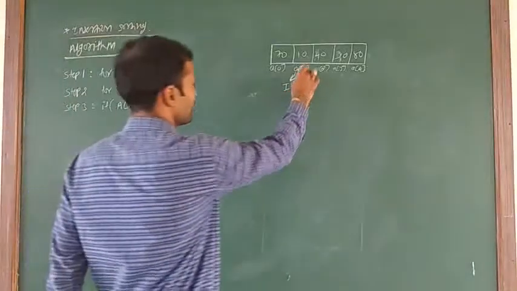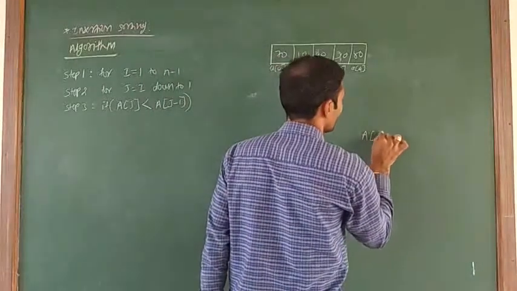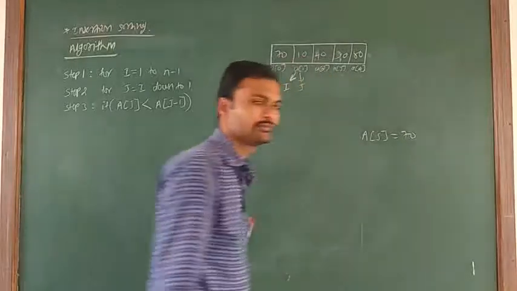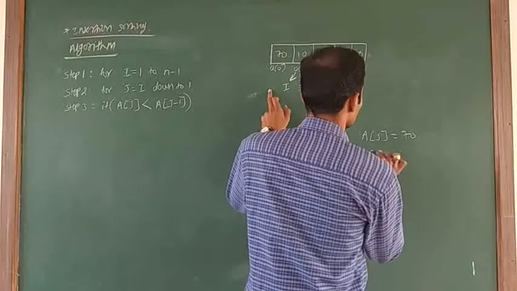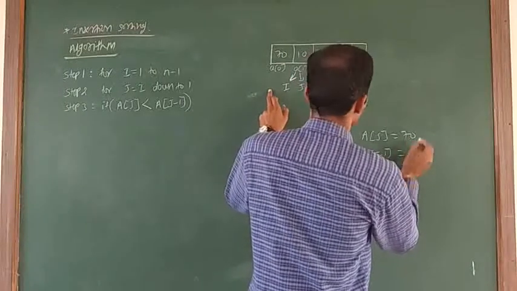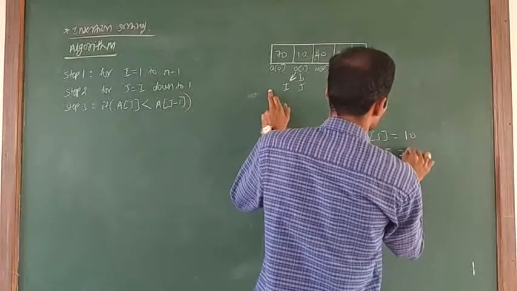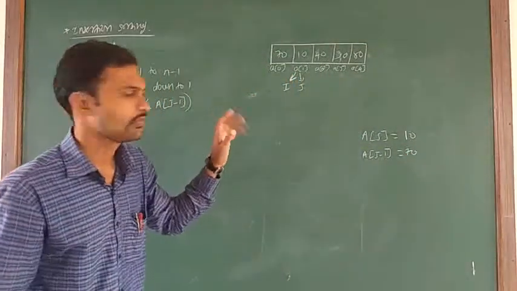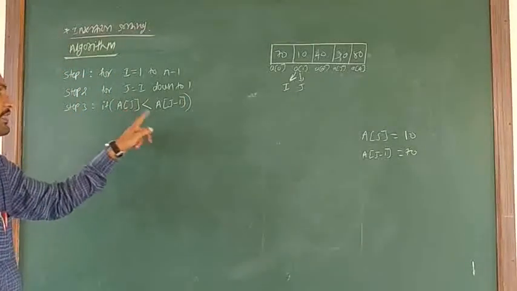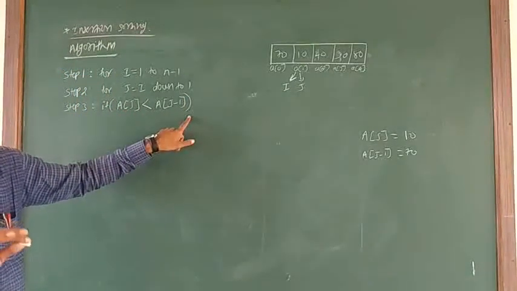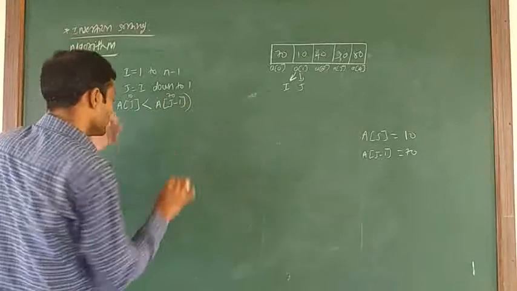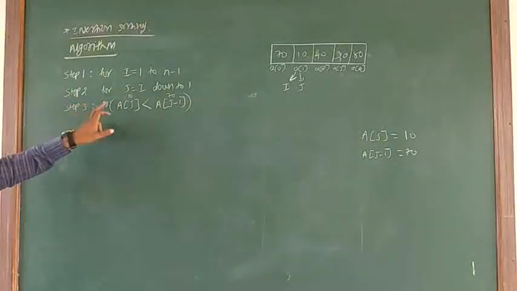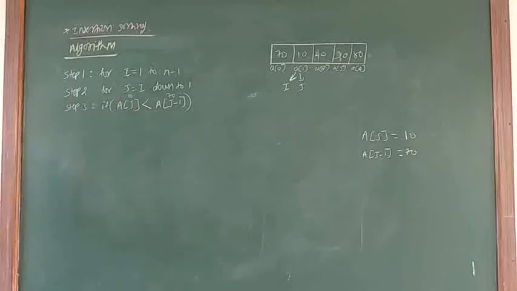A of j is 10 and A of j minus 1, the previous element, is 70. If 10 is less than 70, the condition is true, then